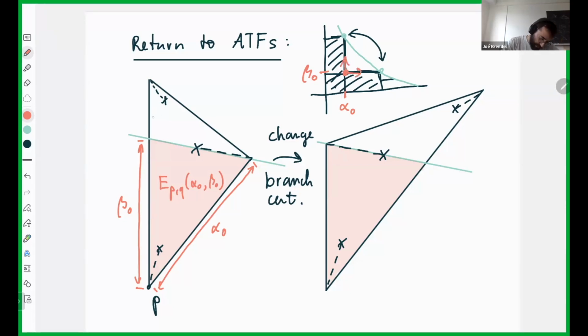So for example, if you want to make beta bigger, you need to go to the left-hand picture. And here you can still draw an ellipsoid embedding of a slightly larger beta. And here you can still draw an ellipsoid embedding of a slightly larger alpha. The cross, by the way, doesn't matter. The cross you can move by nodal slide, you can move it as far to the boundary as you like. So you can move it out of the red